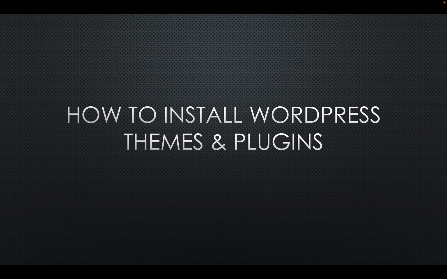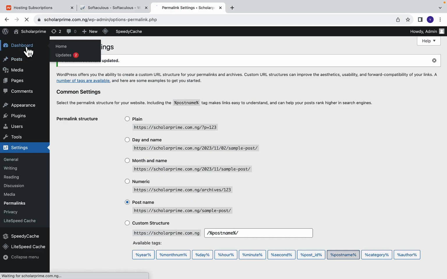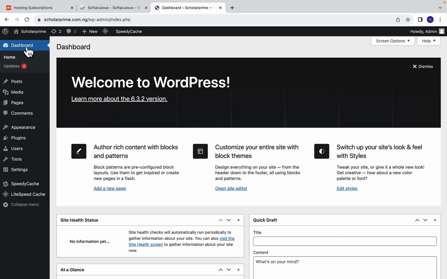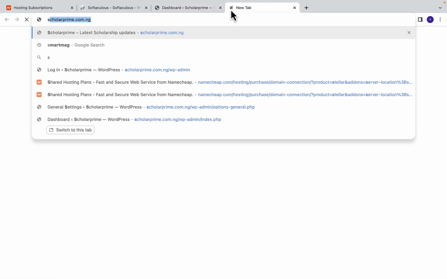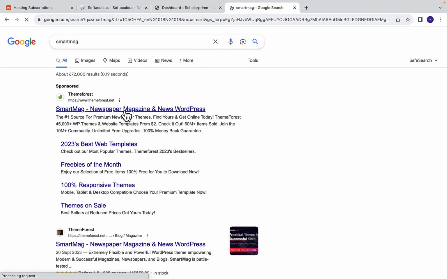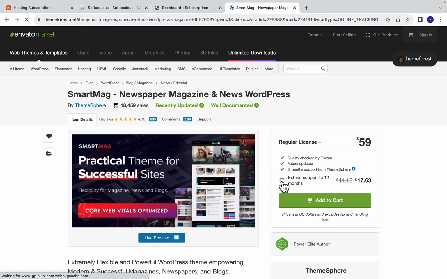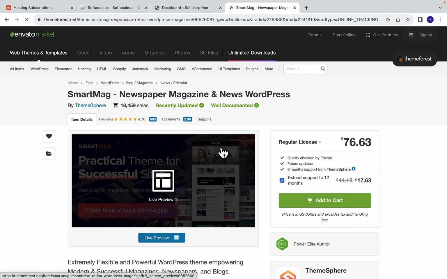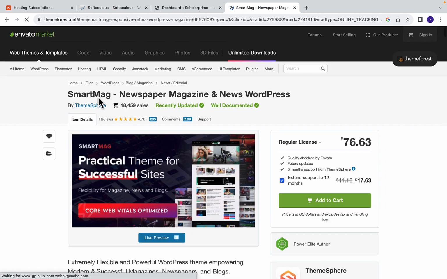So let's move on to our website dashboard. Now the theme that we are going to be using is called Smart Mark. We're going to buy the theme on Theme Forest. Now this is the WordPress theme we are going to be using, Smart Mark. So you see the theme is about